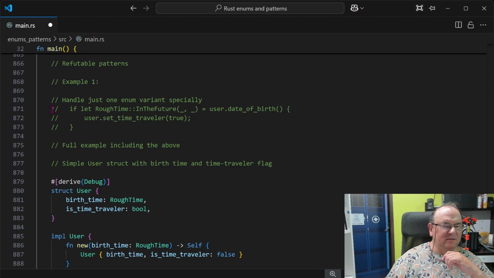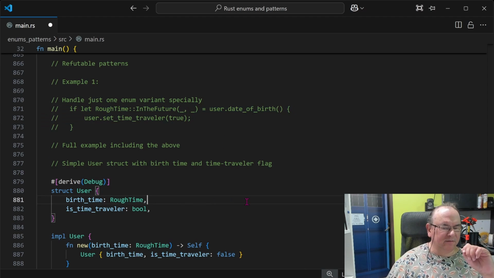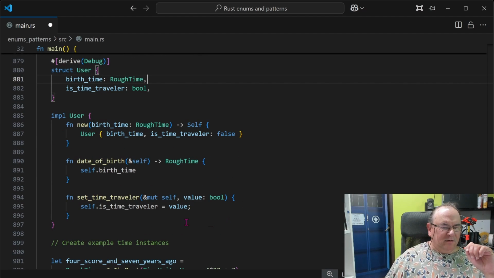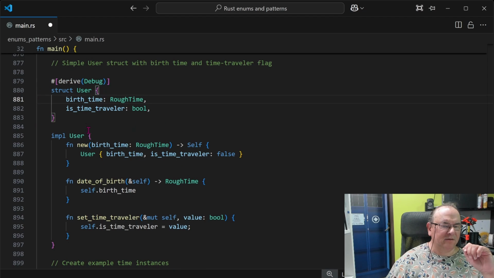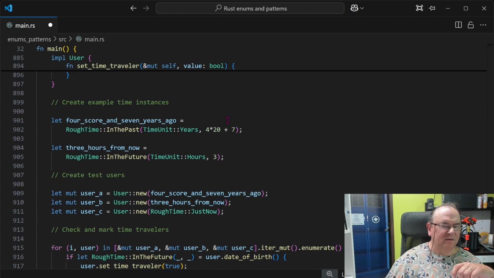Because I think these short things give you a high level, but then I also made a full example of it, putting the infrastructure around it to make it easier to understand. So we derive that. We have a user, and then in the user we implement constructor, date of birth, set time of travel, and then we create some instances,